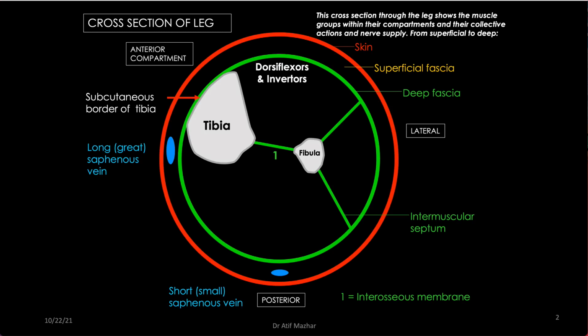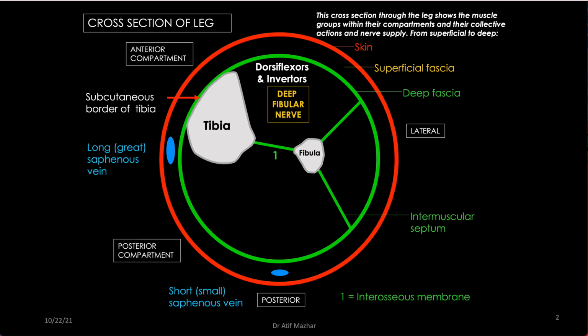The muscles living here, their function is, they are the dorsiflexors of what? They are the dorsiflexors of my ankle and inverters of my subtalar joint. Please make this distinction very clear in your minds. Dorsiflexion occurs at the ankle joint, and inversion and eversion occur at my subtalar joint, and these are two different joints. The nerve that controls them is the deep fibular nerve, which is a branch of my common fibular nerve.